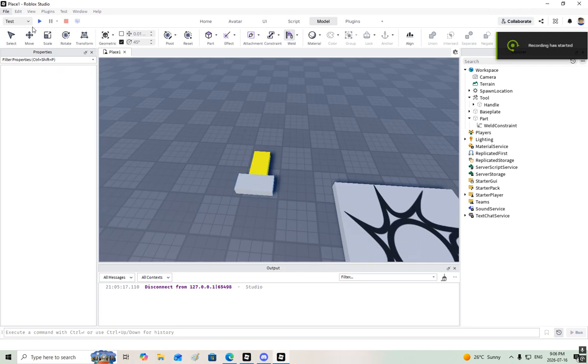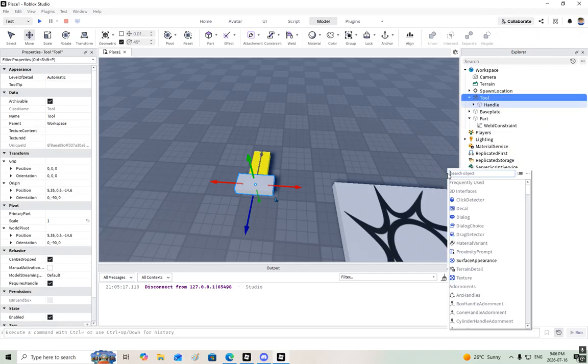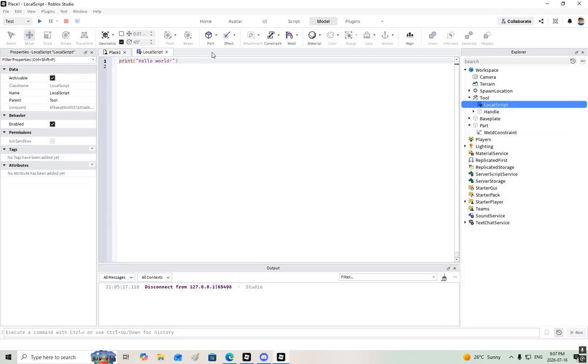We are working on our tool that we just built. Let's turn it into a flashlight. So let's insert an object, a script. Now, I don't know if this needs to be a local script or if it can be a server script. In this case, we're going to use a local script. We're going to say local tool equals script.Parent. And we're going to say tool